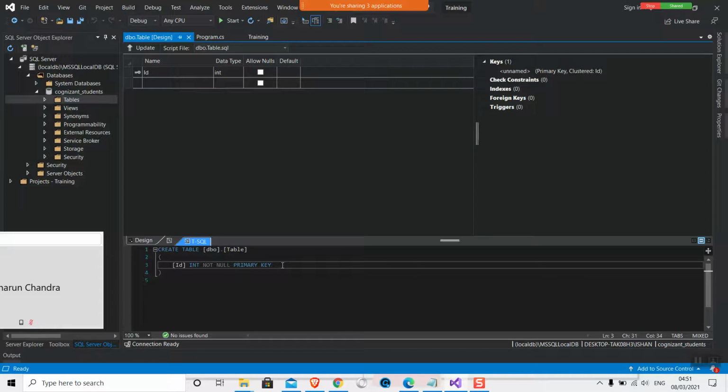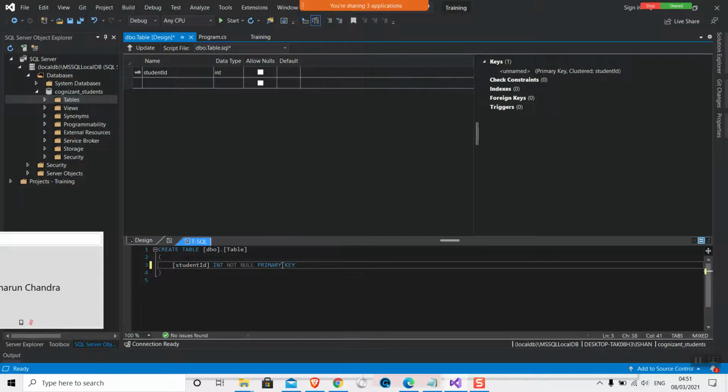But this is a practice that every developer, every IT practitioner would follow. The first column you would always find as an ID, or the table name plus ID. Suppose I'm creating a student table, I will write student ID, or it's just an ID. This is an industry practice, not a compulsory thing. So I will make it a student ID.